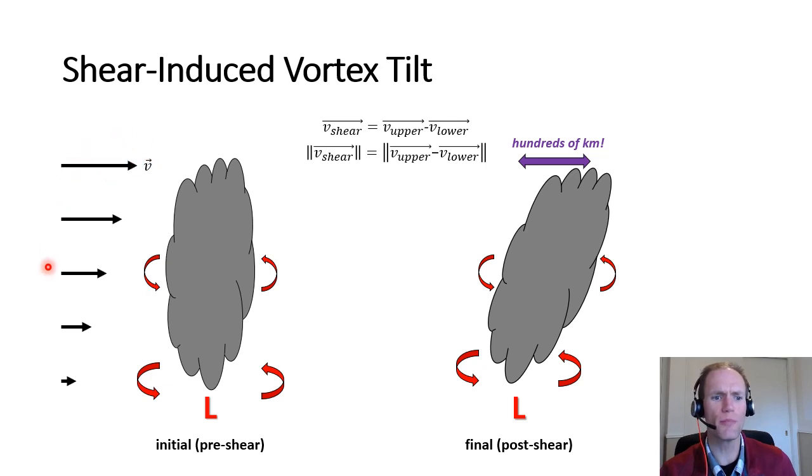So let's consider a basic westerly vertically sheared flow, with weak westerly winds at low levels becoming increasingly fast as you go toward the upper troposphere here. If we consider this gray cloud mass to be the core of our tropical cyclone, with strongest rotation given by the thicker red circulating arrows here at the low levels, weakening as you go upward with increasing height,